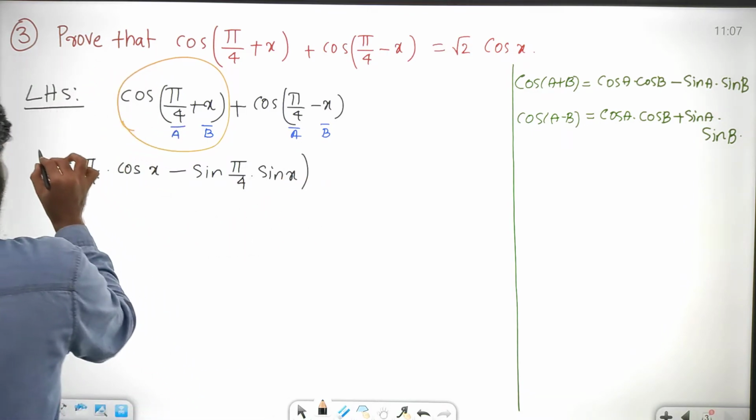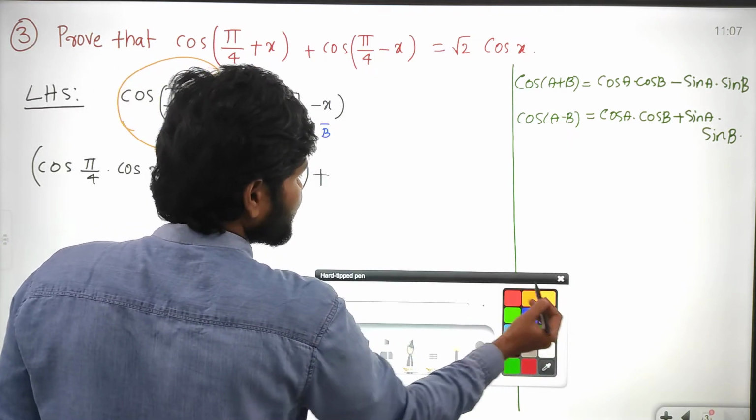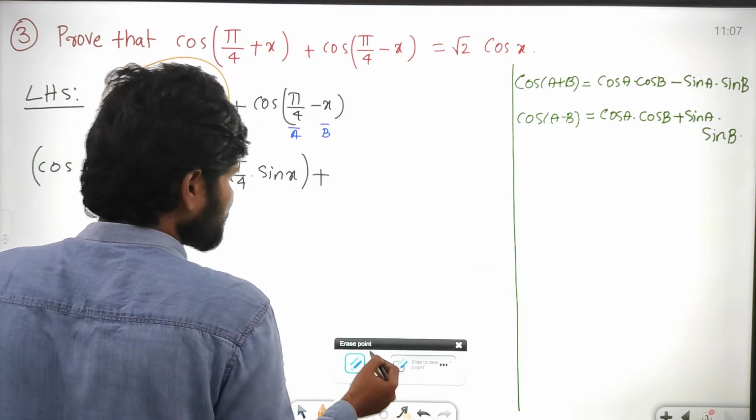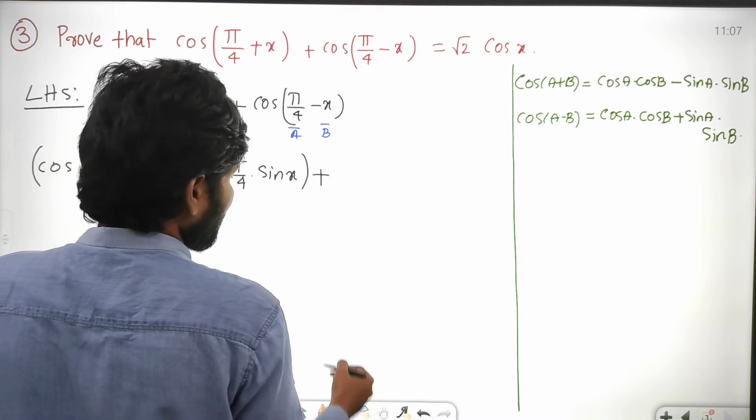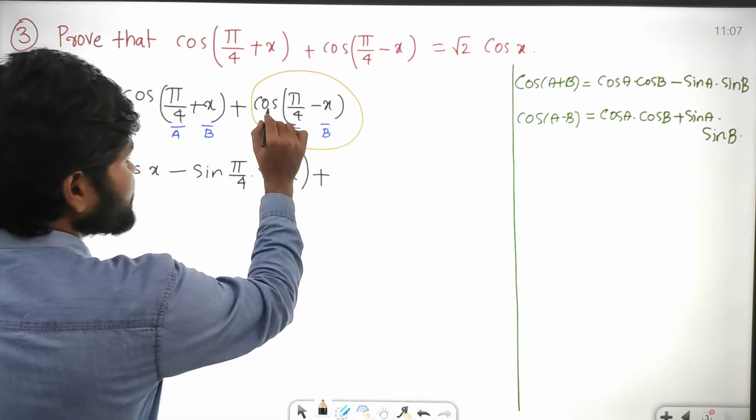I completed this one. Take plus, and next write this one. Just remove this one, forget about it, and write the other equation. What is that? Cos(a-b)